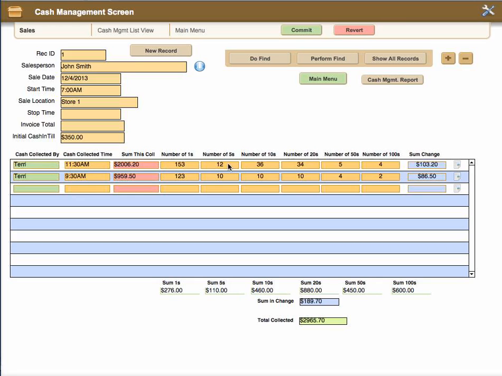Now, I'll explain, this may be one or more times that you'll take cash out of a cash drawer during the period of this person's session on the cash drawer. So note that this is always in the last entered first. So this 9:30 a.m. $959.50 was pulled from the cash drawer by Terry, and over here it lists the number of bills for each one of the denominations for the cash drawer, and then the amount of change that may be pulled from the drawer